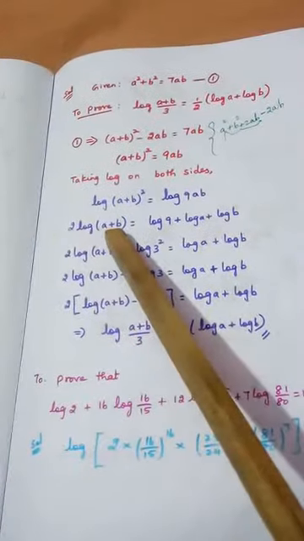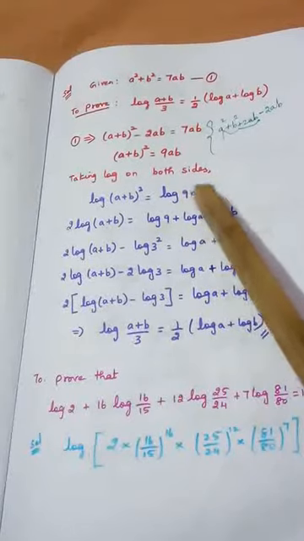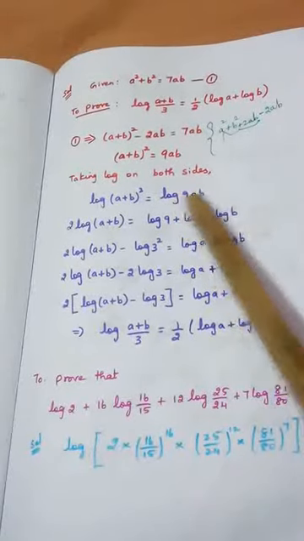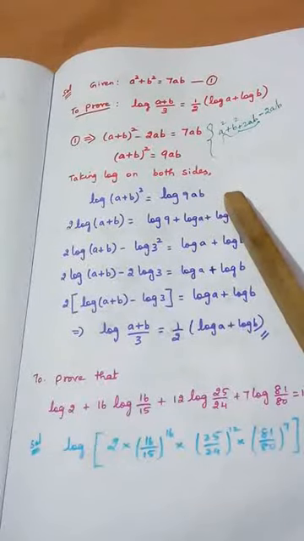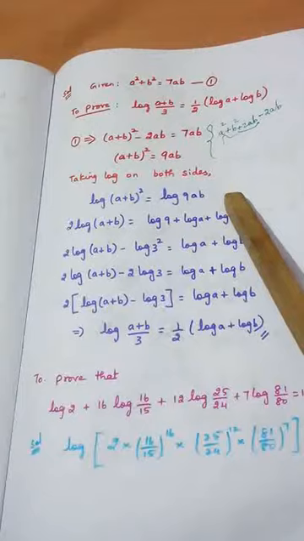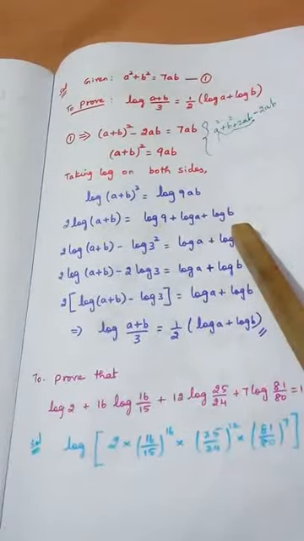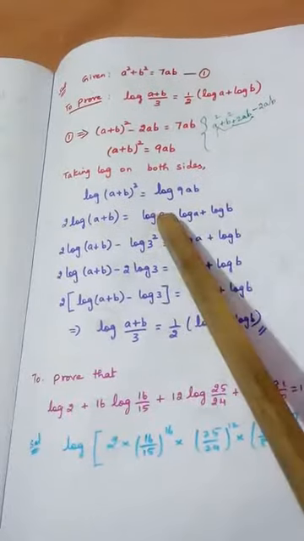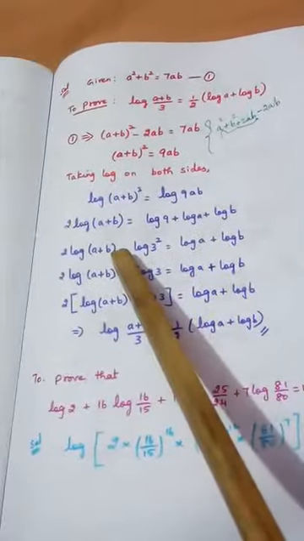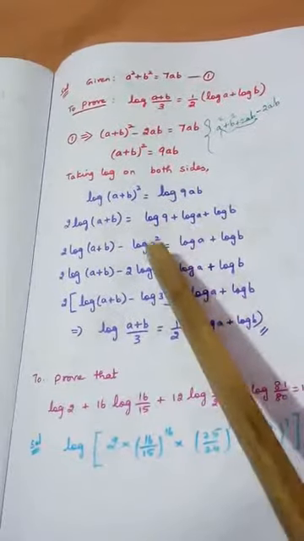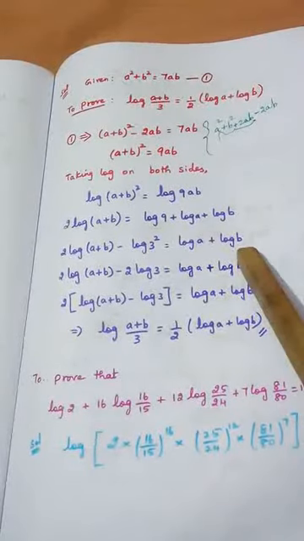So 2 log (a+b)... this is the product rule: log m n, even if I take 3 terms present in multiplication. Multiplication means what? In addition, we can write it using the power rule. So how to write? Log 9 plus log a plus log b, in which log 9 alone is taken to the left hand side, so it becomes minus log. Instead of writing 9, I am writing 3 square, and these two terms are present in the right hand side.